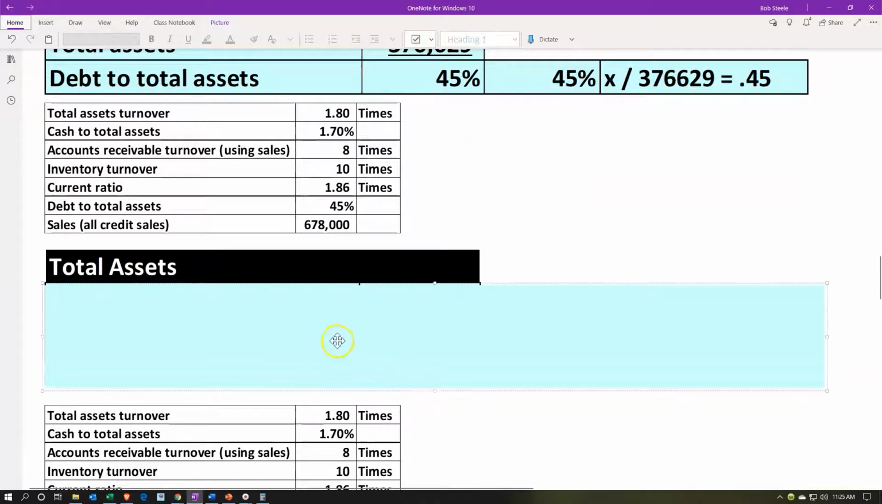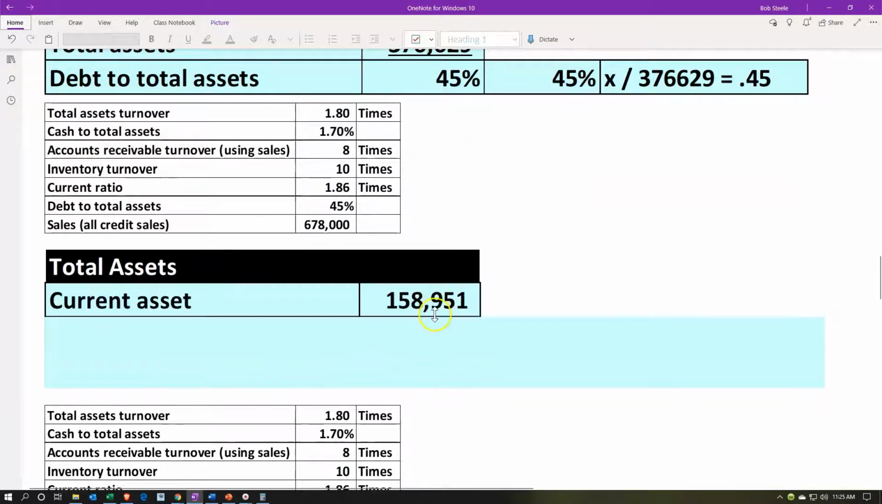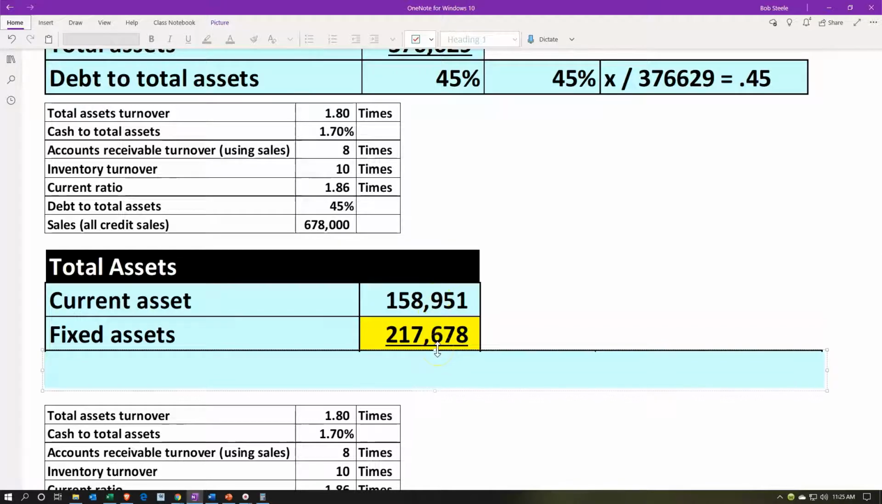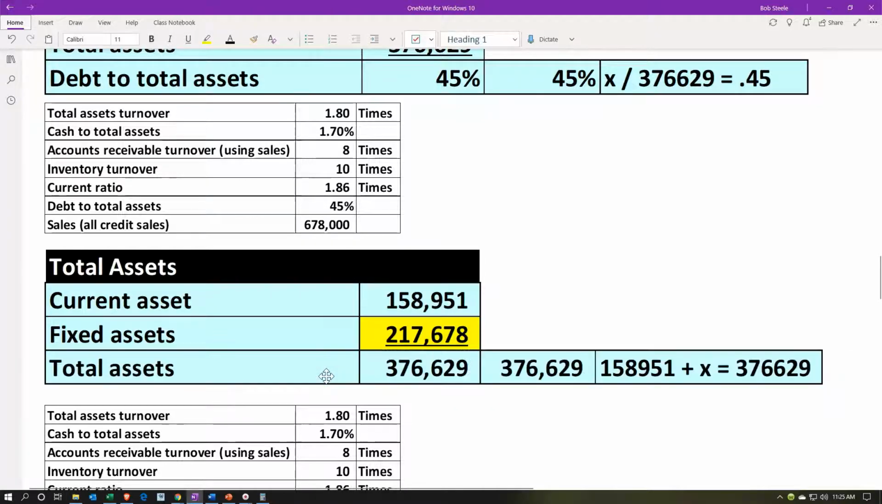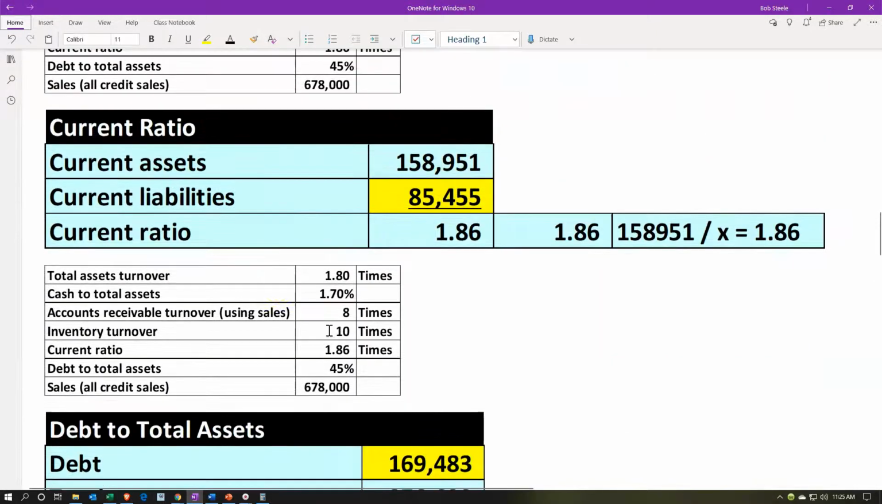Then we're going to go to the total assets now. The total assets we know are going to be the current assets and the fixed assets, otherwise known as the property, plant, and equipment. This is another assumption we're making here. If you think about the asset portion of the balance sheet, it's current assets and then long-term assets, usually the property, plant, and equipment being the only long-term type of assets oftentimes. So if we take the current assets, which we figured up top with the current ratio,